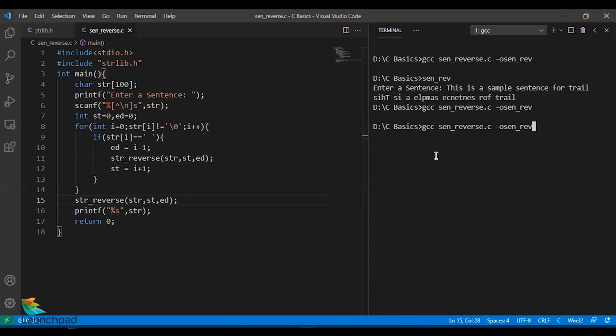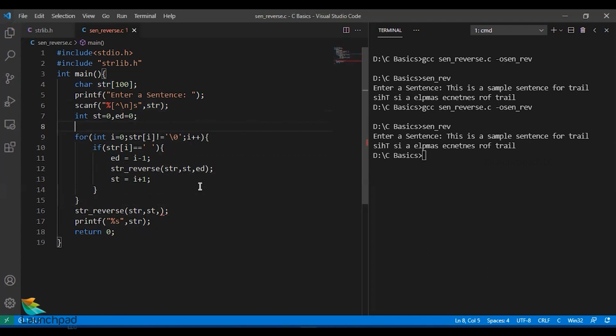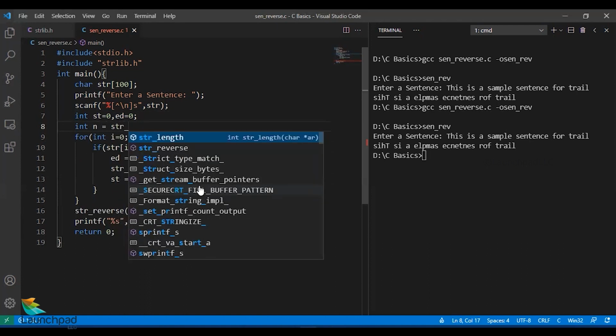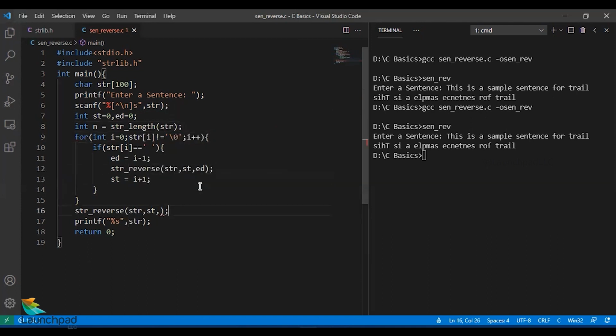I'll compile it and run this again. This is nothing but outside the loop, the complete end of it, which is nothing but the last character. So one additional detail I have to pass is int n equal to str_length of str, and the element I have to pass is n minus 1, the last index of it.